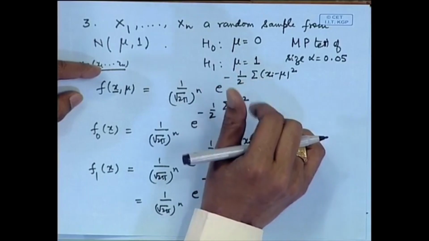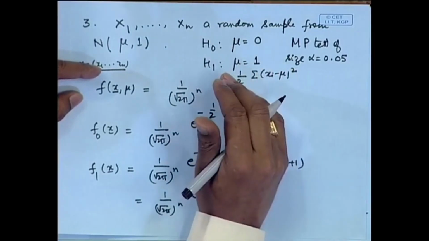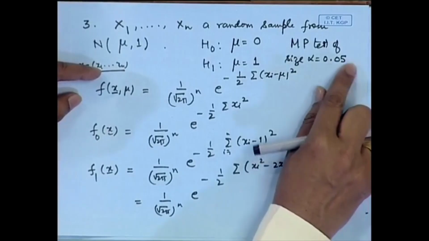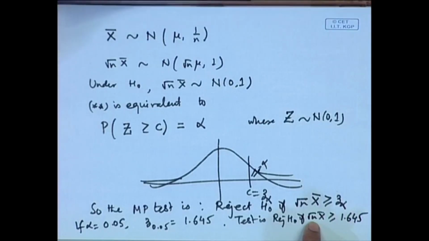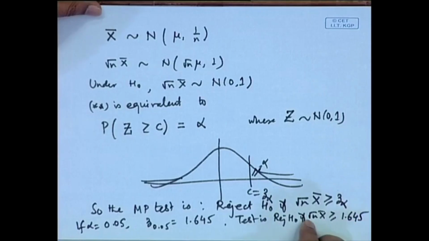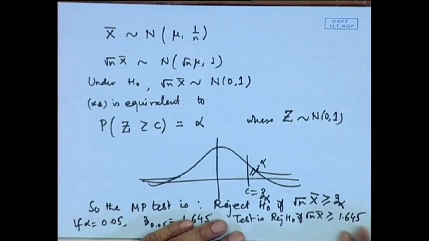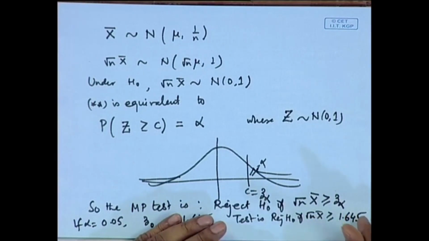But how much value of x bar is considered to be larger or smaller depends upon the probability of type 1 error, and therefore, we are now able to formulate this decision making process as root n x bar should be greater than, that means, x bar is greater than 1.645 by root n. Of course, if n is large, then this value will become much smaller. That means, even for a smaller value of x bar you will consider it to be a little larger, but that much distinction is permissible,